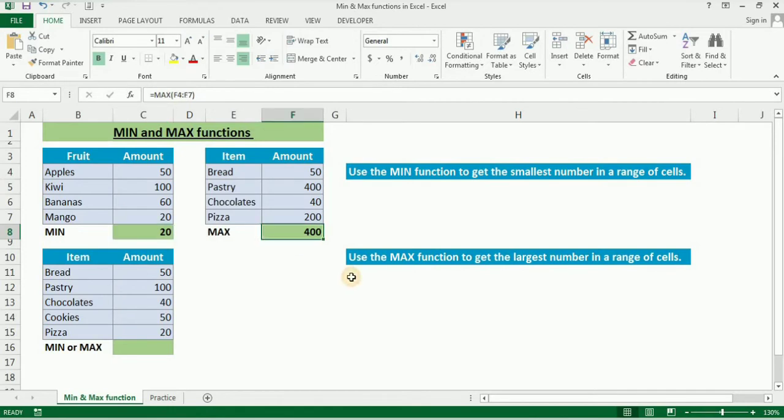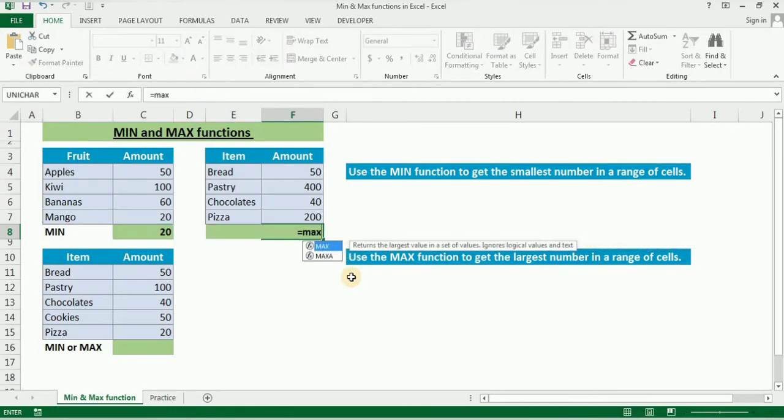Similarly, for the MAX function, it is equals MAX, and then bracket open. Either we can select the range, or we can also define numbers, like here you can see number 1. So number 1 is this, then comma, then number 2, then comma, then number 3. Here we have a range, so we can directly select the range.